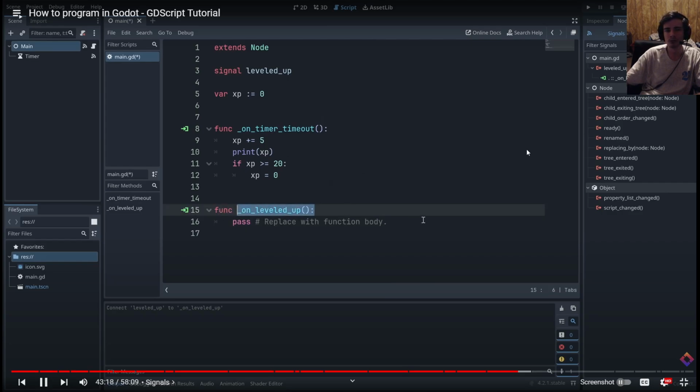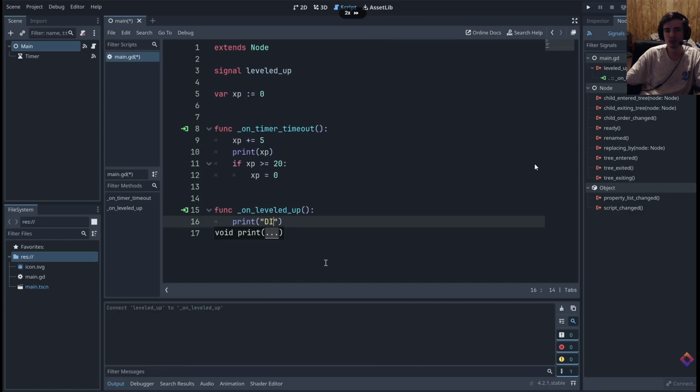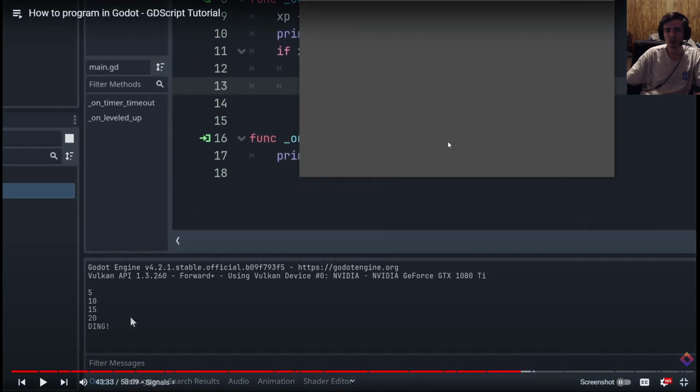This creates an on_leveled_up function, which is called when the signal is emitted. Let's print a message that says ding. Now we simply have to emit the signal. Let's do that when we reach 20 XP. Here we'll write leveled_up.emit. Now when we reach 20 XP,